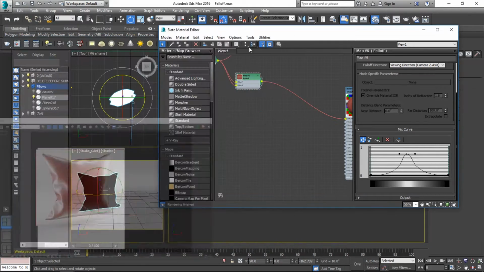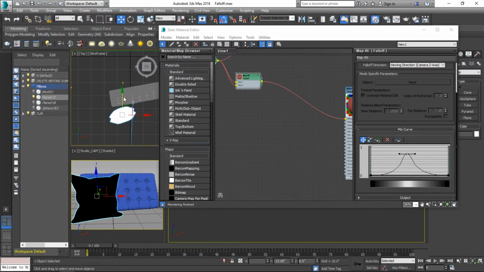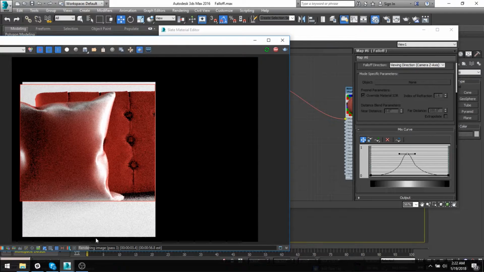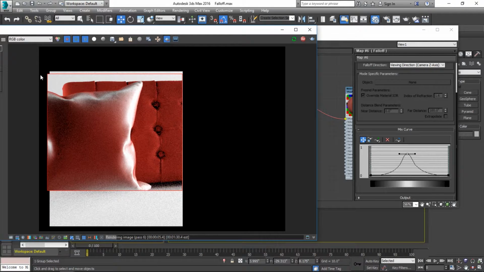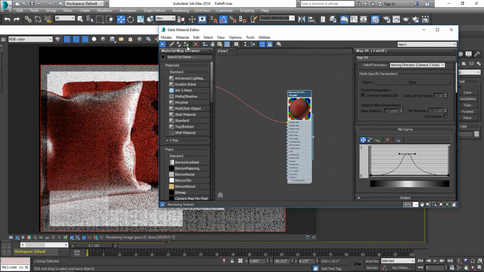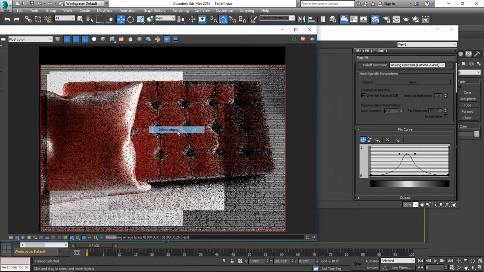So let's look at it on something with tufting, because that's going to look totally different than this pillow. So I'll keep them both in the scene and apply this material to both. Again, like we talked about yesterday, I can select the object right in the editor and then apply this material